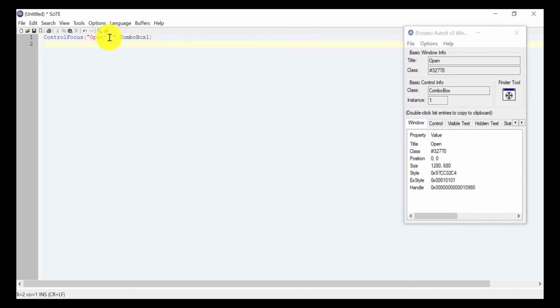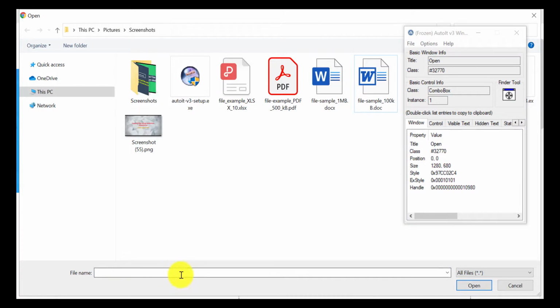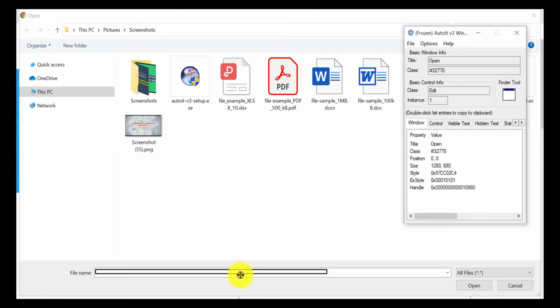Now second, we need to inspect this also. We just inspected this, right? Same. If you inspect more, it is in a combo box, or this is the other one: Edit. This time we will use this Edit. The title is the same and the control ID will be different, Edit1.